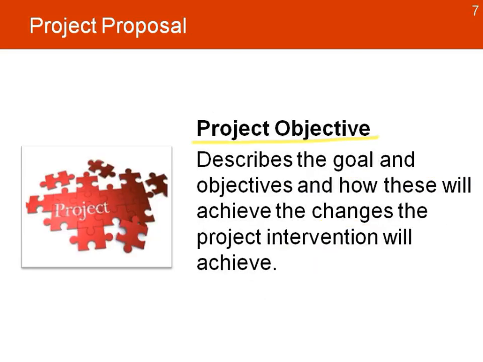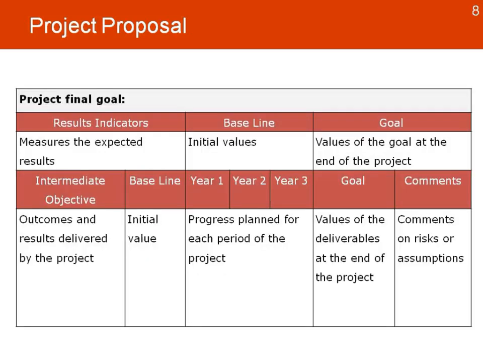The objective describes the goal and the objectives and how these will achieve the changes the project intervention will achieve. The objectives, as you remember, come from the design of the project. We can have a results matrix that also helps us understand the final project goal with a set of intermediate objectives, some basic information about how we're going to create a baseline, some information about the different values that we plan to do, the final goal of the project, and information that helps us understand how we are planning